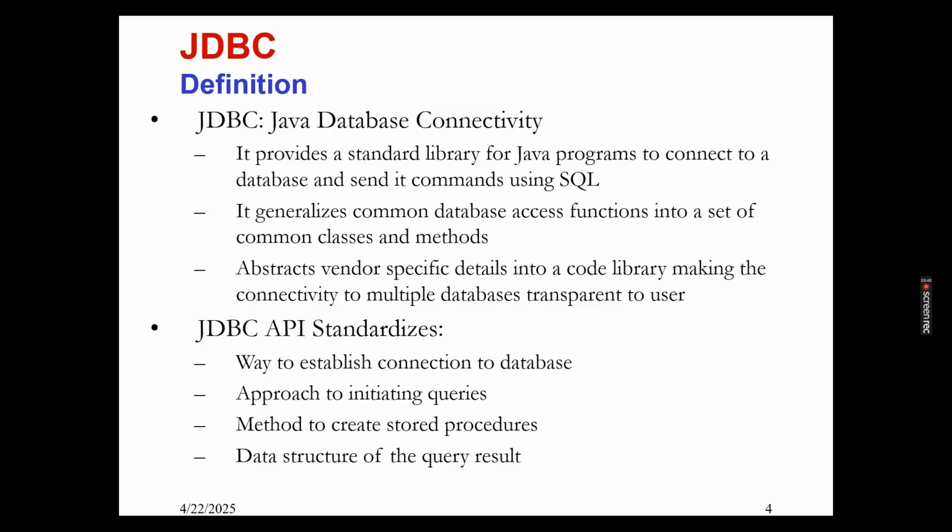But compared to the other languages, Java is an object oriented language, so we cannot use the ODBC API directly with Java, because ODBC is written in the C language. We require a special API which can work with objects. So when Java was introduced, the JDBC API was introduced,